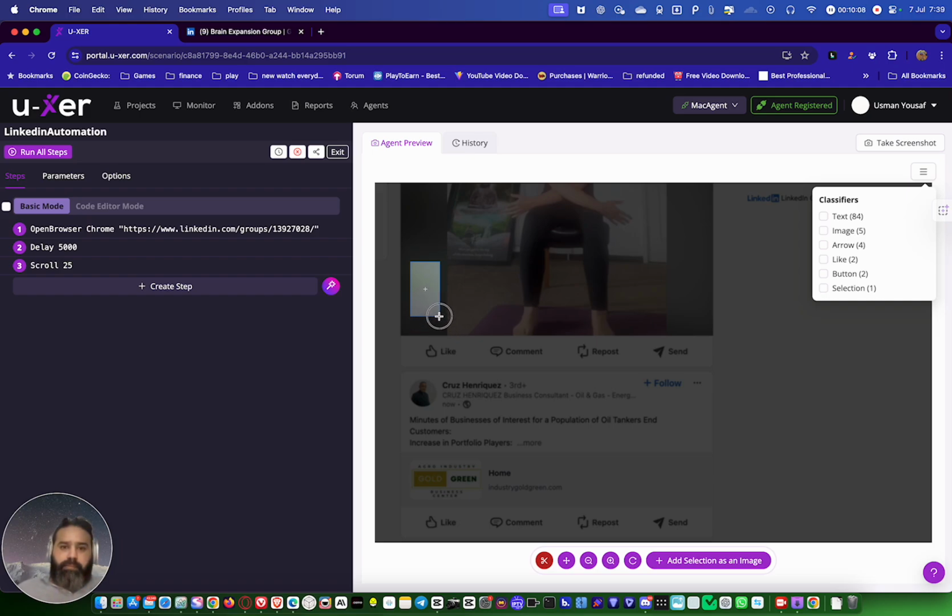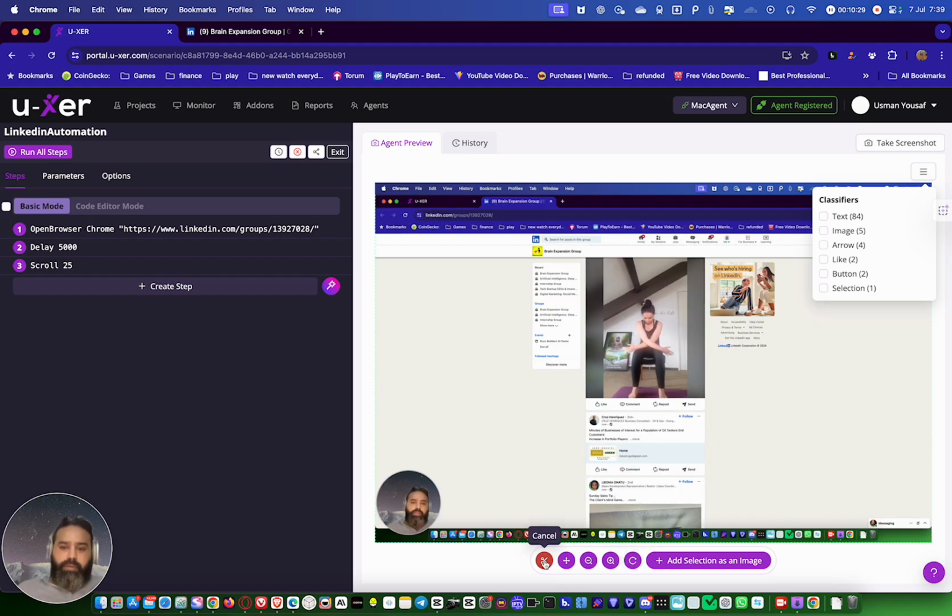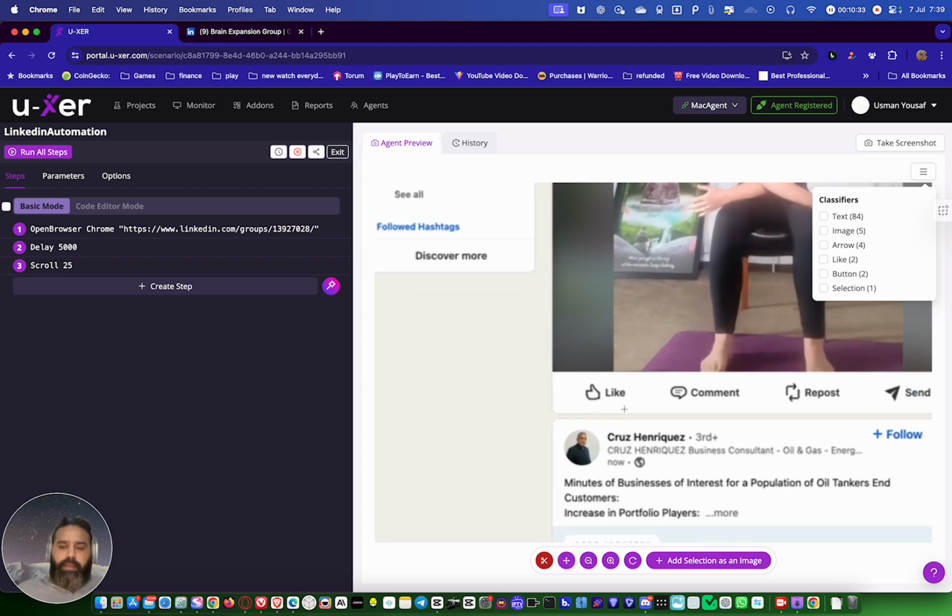That plus icon means the user will click at the same place. It will not click on the right, it will not click on the left, it will click in the middle. So make sure this plus icon should always be on top of the thing which you have to click. And for that, you also always have to have an empty space on the sides.